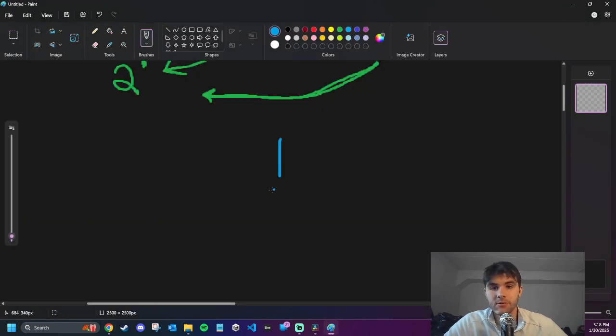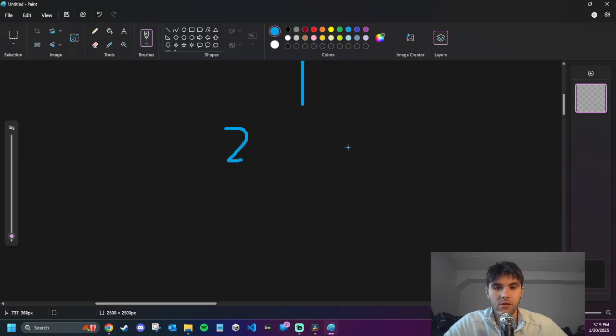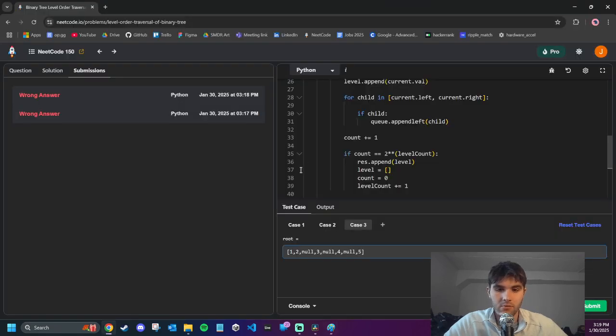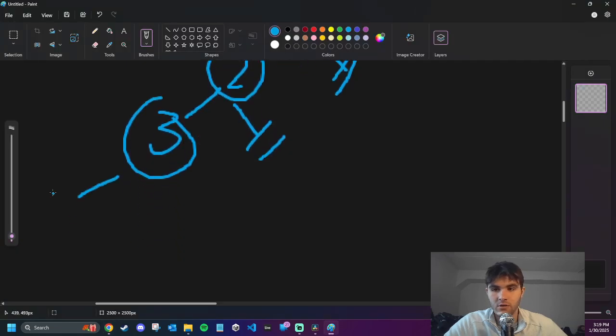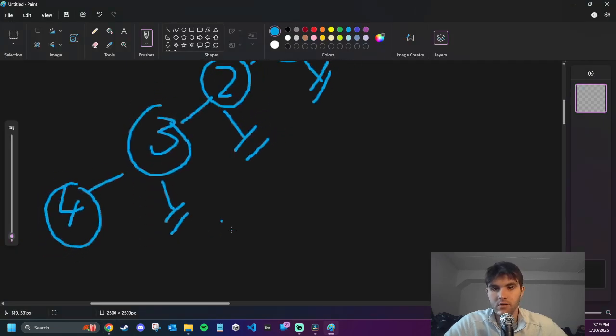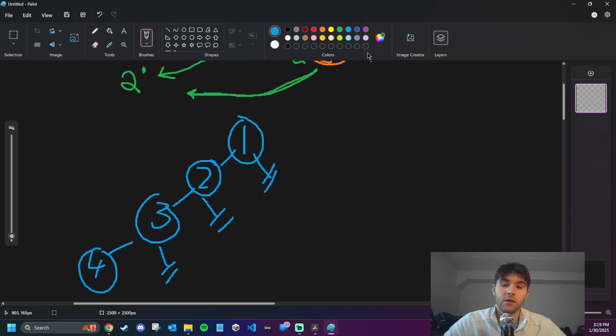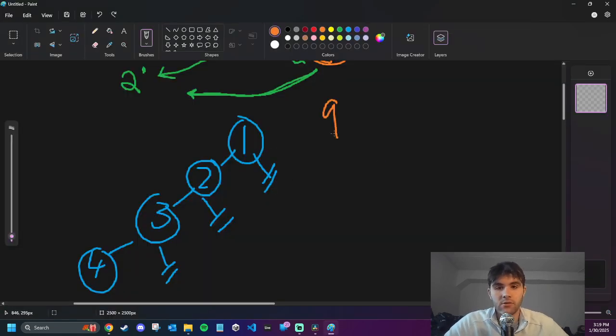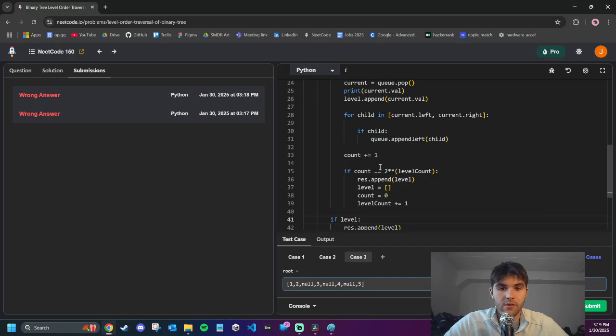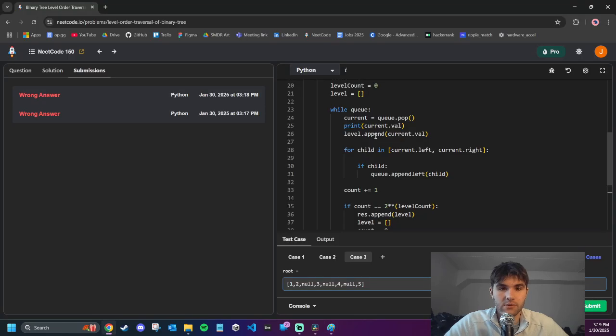So in this example, we have 1, 2, nothing, 3, nothing, 4. Wait. Hold on. 1, 2, nothing. 3, nothing. 4, nothing. Okay, so in this case, if we trace our code, I'm guessing it's not updating count when it's null. So our queue starts at 1, and then we pop queue, and that's current, and then we append